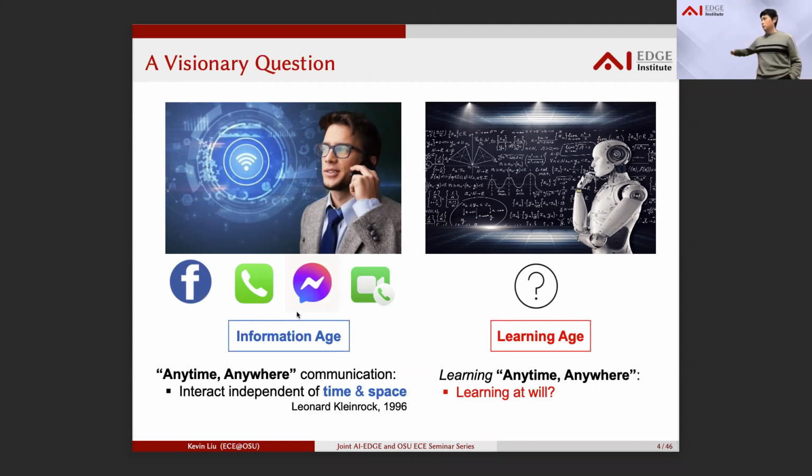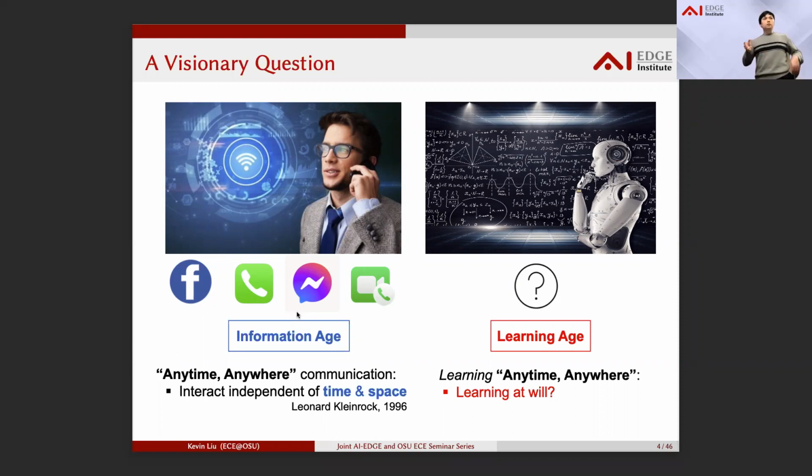Of course, these are some fancy pictures, but one of the key reasons for the success of the internet is that it allows us to communicate and share information anytime, anywhere. Like holding this seminar, people can join from all over the place, online, offline, whatever you want. Now, we wonder,